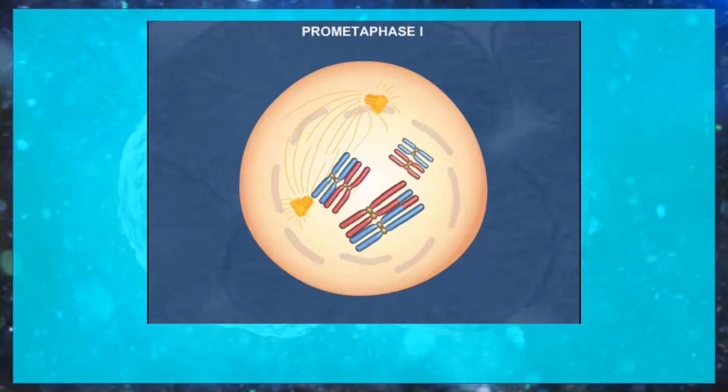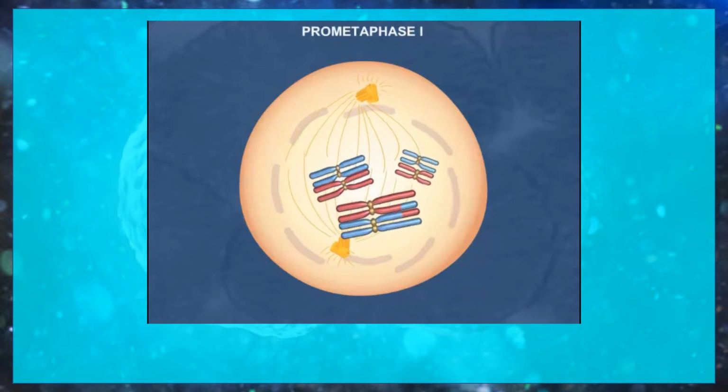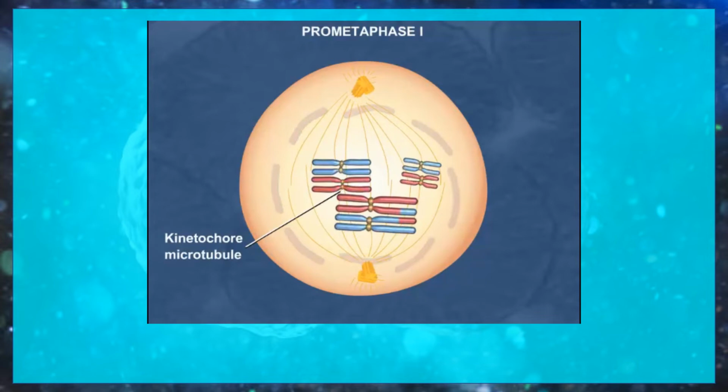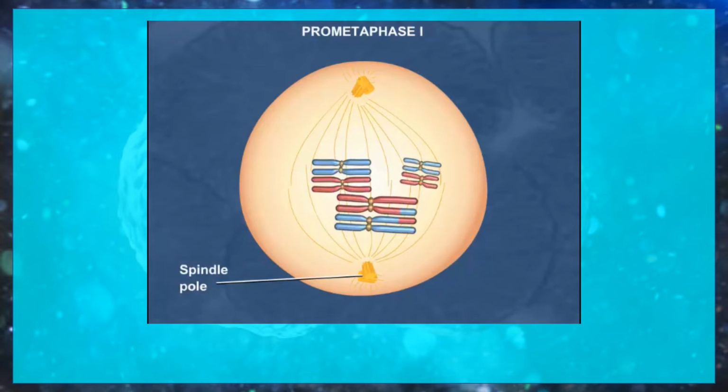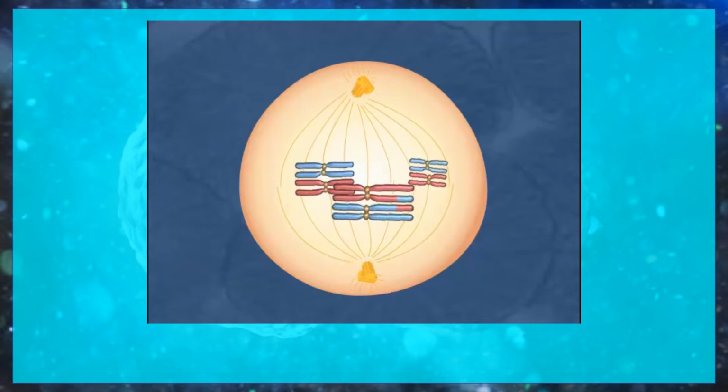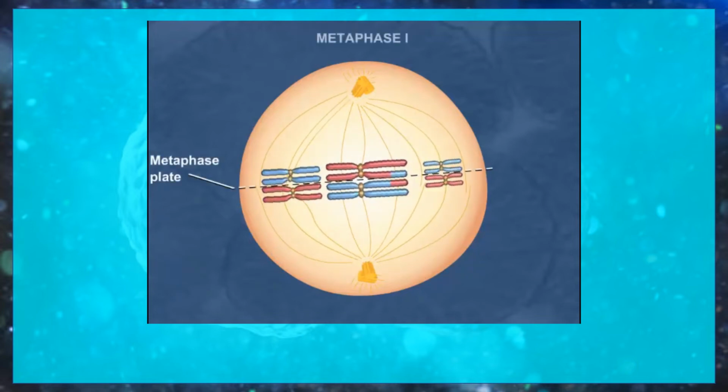During prometaphase 1, the spindle apparatus continues to form and bivalents become attached to kinetochore microtubules. One pair of sister chromatids is connected via kinetochore microtubules to one pole, while the homologous pair of sister chromatids is connected to the opposite pole. The complete assembly of the spindle apparatus occurs during prometaphase 1. The chromosomes align at the metaphase plate during metaphase 1. It is important to notice that bivalents are aligned along the metaphase plate rather than individual pairs of sister chromatids,